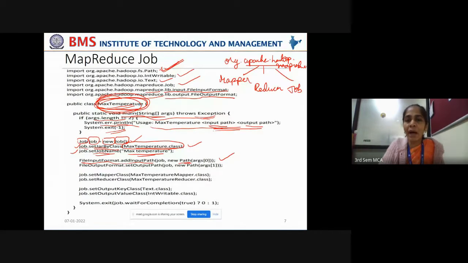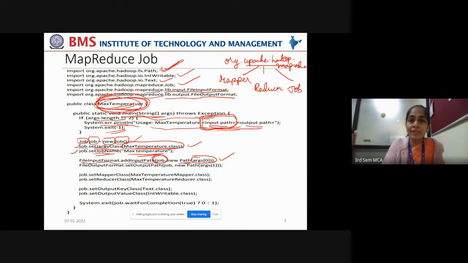So create a new Path to that, which is indicated as command line argument 0. So what is indicated in the command line argument here? The input path. So create a new instance to that file and hand it over to the job. Now the job will know from which file the data has to be read for processing.